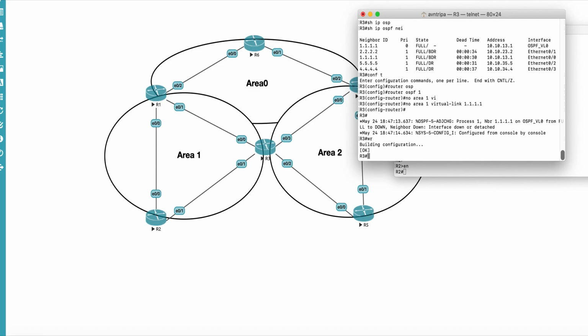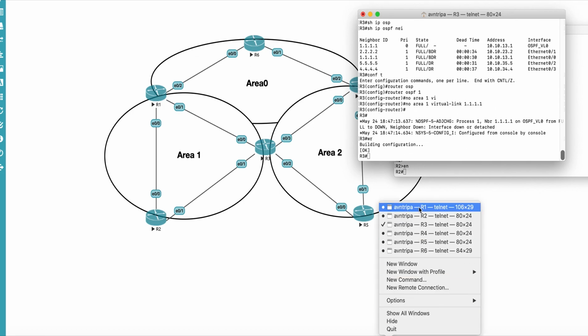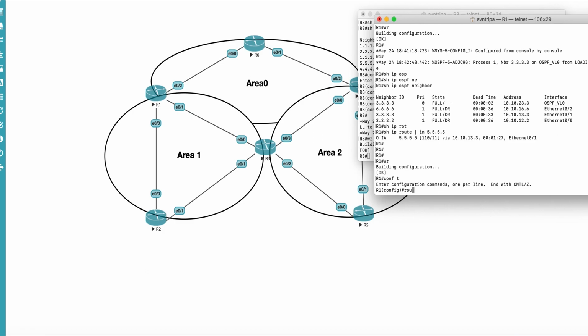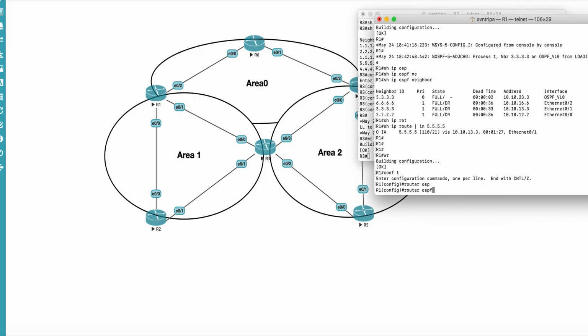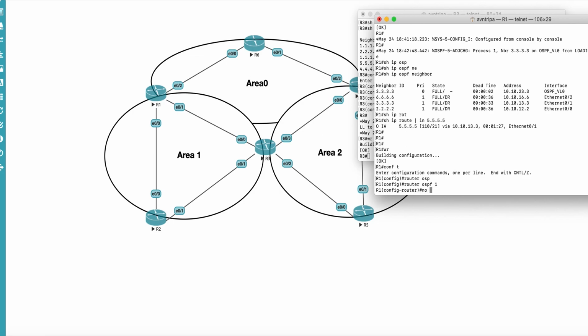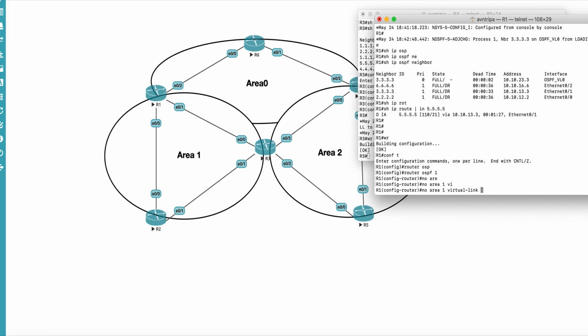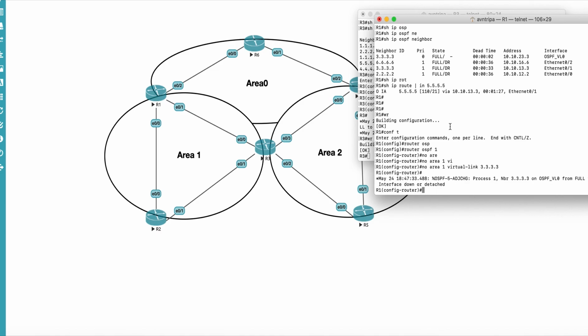Okay, now go to R1 also and do no to this command, with the router ID of R3 that we put earlier. We have done no to both the commands, so you can see that this virtual link has been detached or is down.